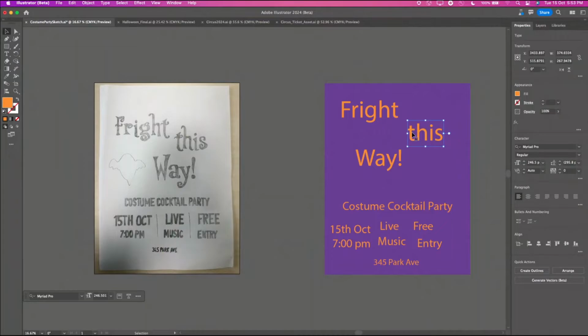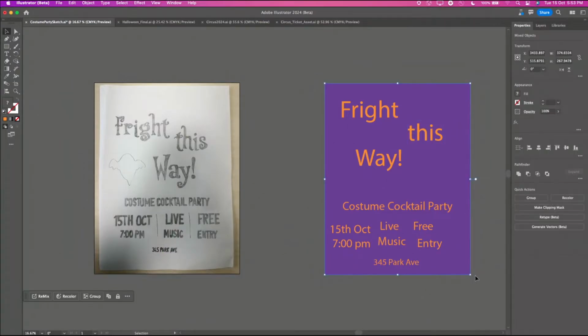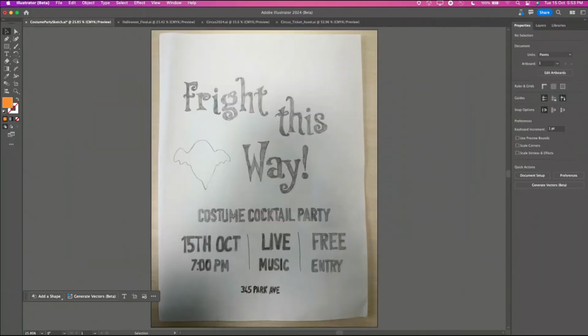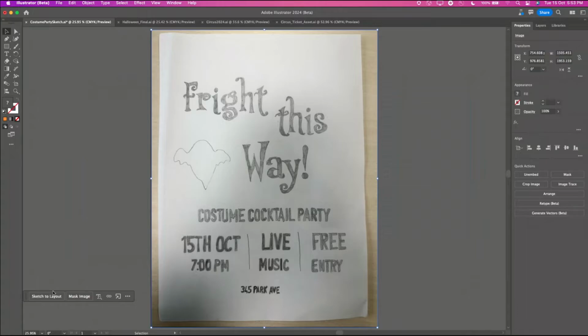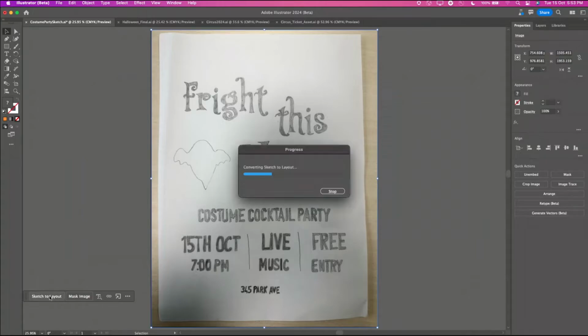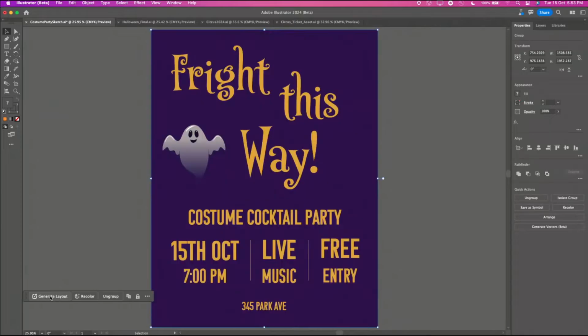Another interesting tool that I believe poster designers and illustrators would like to get their hands on is Project RemixAlot, and this is a sketch to layout tool that simply converts your hand-drawn sketches to ready-made posters. And this looks like a tool that will be coming to Illustrator soon, as all you need to do is a simple sketch and Illustrator will create a ready-made image for you, which is easily editable and makes the whole process of creating and altering the image that you would like to create in terms of making posters